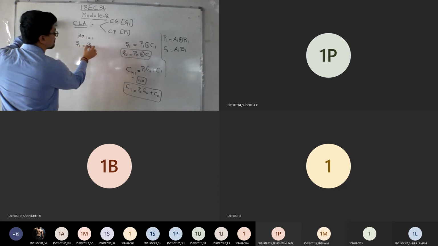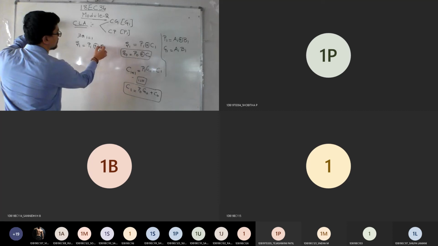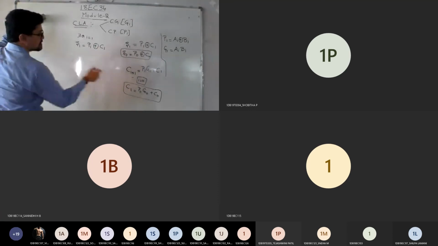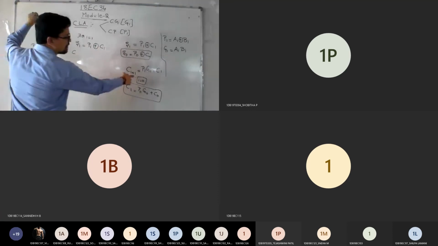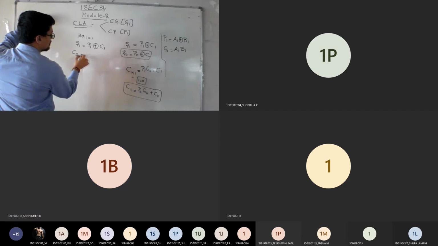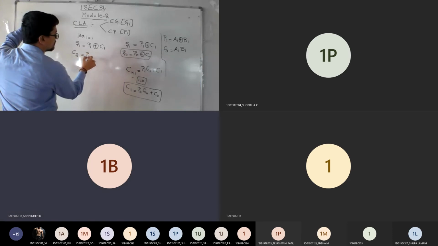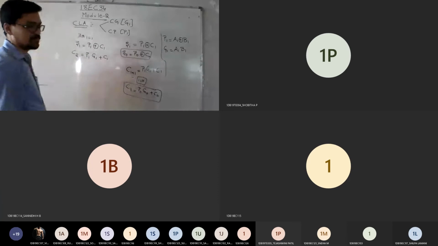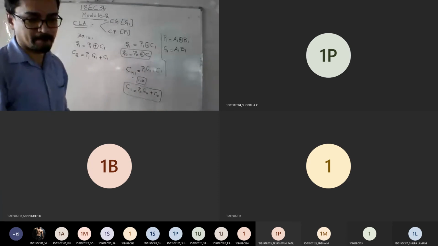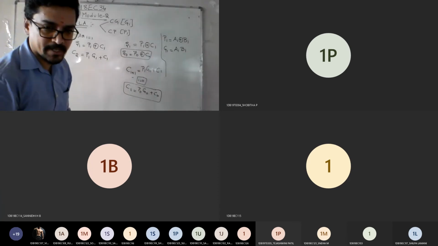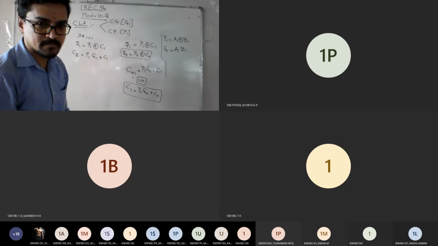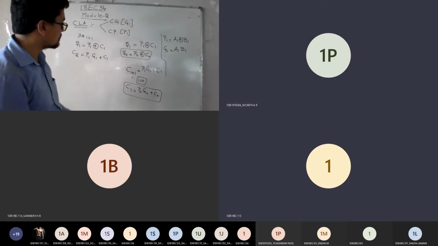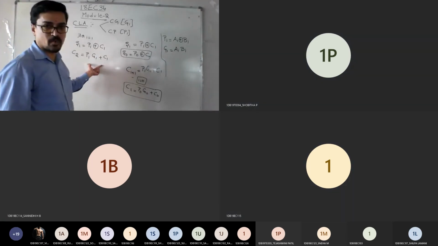S1 becomes P1 XOR with C1. What about this? This becomes 1 plus 1, so C2 is equal to P1 G1 plus C1. Is it fine? Yes, sir. So this is one category.